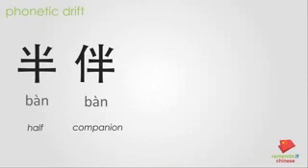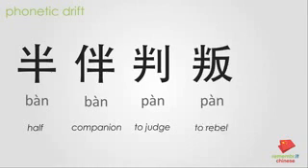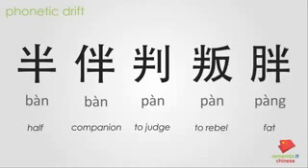However, in this character, 盼, we can see that the pronunciation has changed from the original B sound to an aspirated P sound. This is also the case for this character, 盼, meaning to rebel. In this character, 胖, we can see that the sound has drifted further from the original nasal N sound to the nasal NG sound. This phonetic drift has come about because characters have been developed over thousands of years by